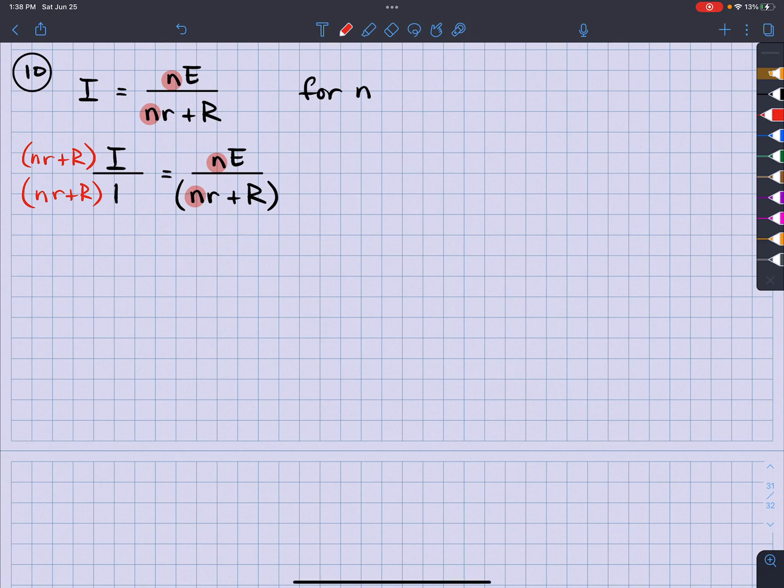right? And if you look now, you can see that this bottom is nr plus r, and this bottom is also nr plus r, right? Great. So now I have the same denominator. So what I'm going to now do is that this, I can get rid of the denominator, right? So I'm going to go ahead and say, okay, great, I got rid of the denominator. What do I have? I have this I times nr plus r is equal to